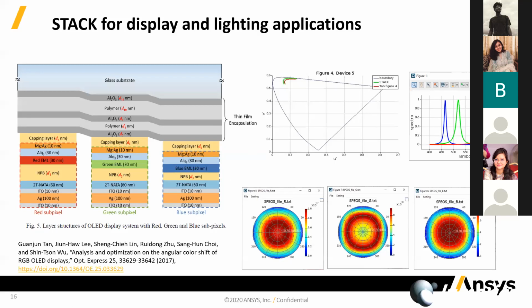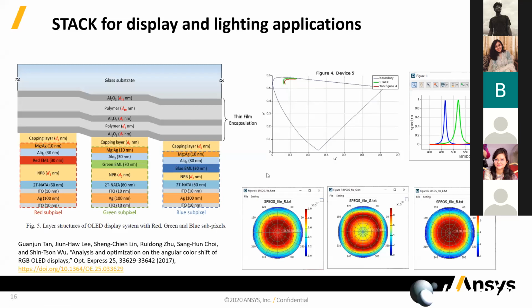This feature lets you see what a user sitting in front of the display would see. So you start with stack, get the information about how light propagates, transmits and reflects through the stacks, take those into SPIOS, and simulate your entire display with that other tool.